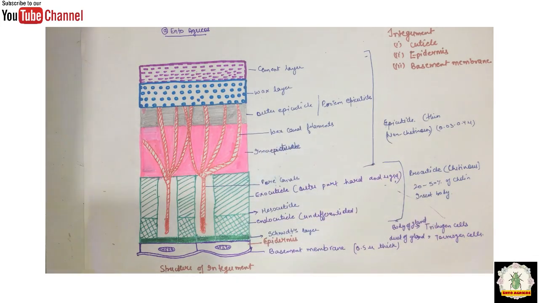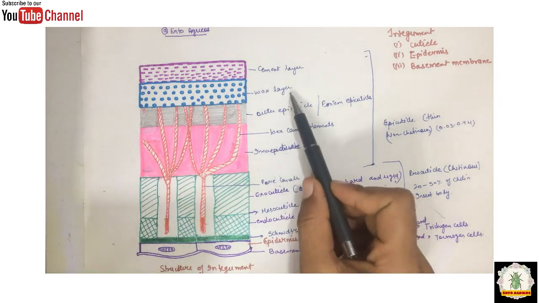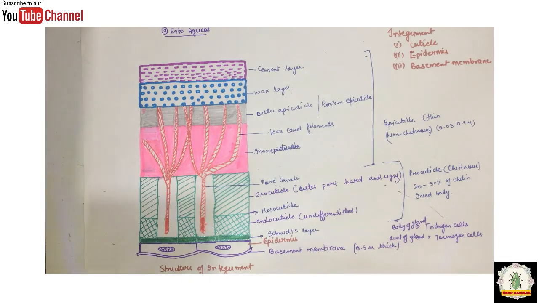And now I will tell you the functions of the integument. The cuticle acts as an exoskeleton, and it also provides shape to the body of the insect, and it is responsible for the body movements. They have invaginations, that's why they provide internal support, and muscle attachment is there. And the wax layer conserves water, and the cuticle is modified to form various sense organs.